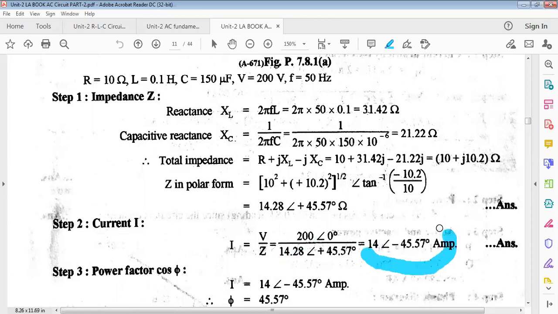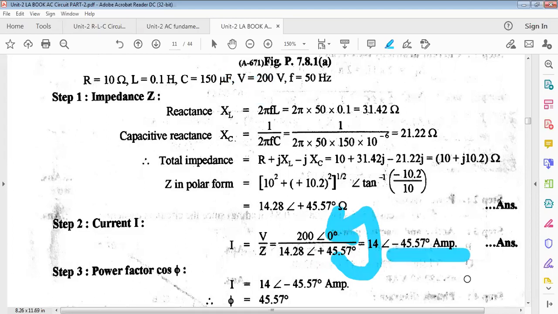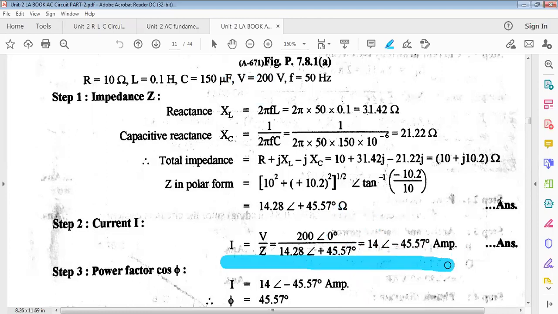But if the options given to you are not in terms of magnitude but in polar form, means magnitude also and angle also, then whatever is the voltage, total current is total voltage divided by total impedance. Total impedance we know in polar form. Okay, voltage also we want in polar form. Magnitude of voltage you know, RMS value 200 volt. So nothing is given, consider directly at an angle of 0 degree. Okay, so 14 is the magnitude, and whatever is the Z angle from the denominator, you have to shift to the numerator, its sign will change, so minus. Okay, so this is the current you got.